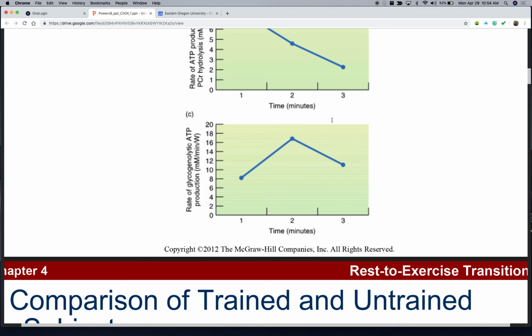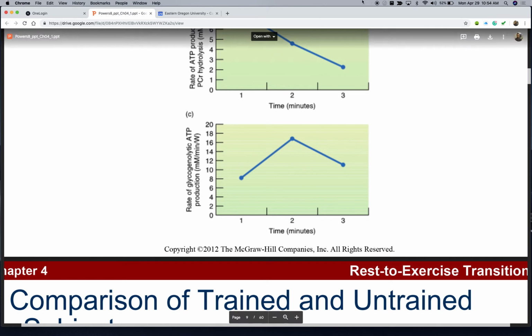But this is why Bolt, even 15 minutes after running an all-out 100, is still breathing heavy. It's because of his unique capacity to incur massive amounts of oxygen debt. And he doesn't have a big aerobic system, so it takes him a really long time to pay that oxygen debt back. Make sense?